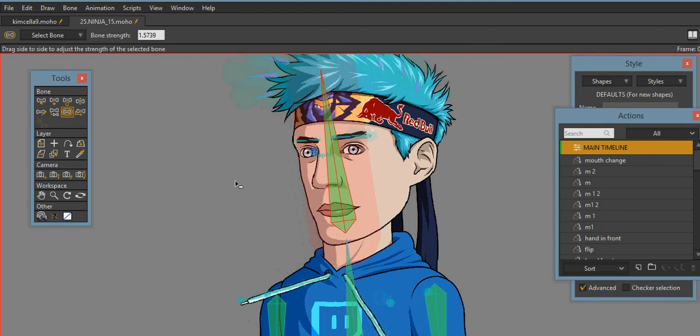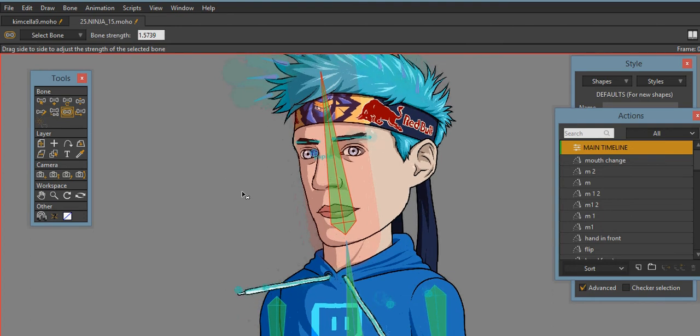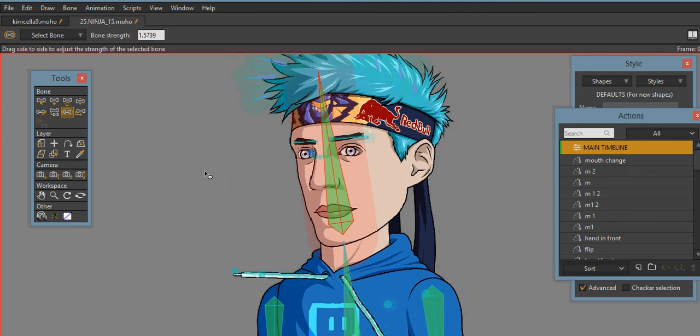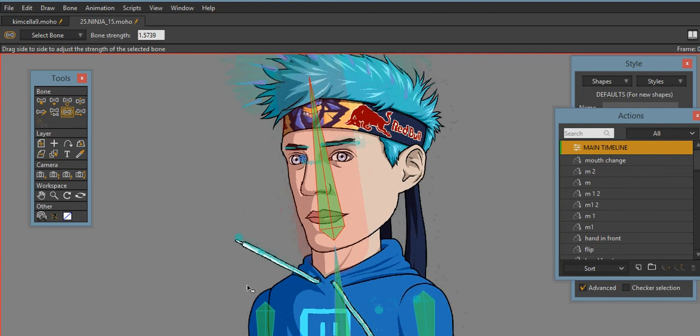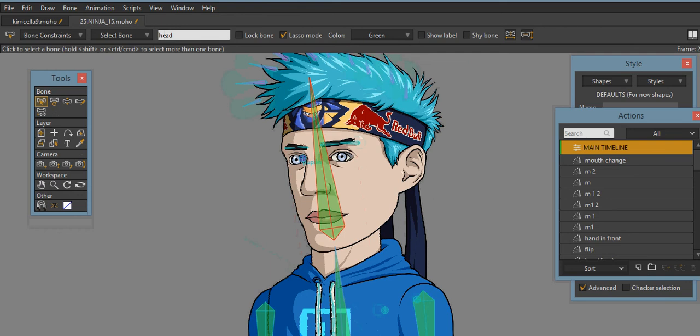But here I've used bone strength, and the deal with this bone strength is that it allows me to control the actual image. And of course, you can see some of the effects of having bone strength. And I'm still on layer 0. So let's go off layer 0 and actually see what this rig's doing. So now I'm on